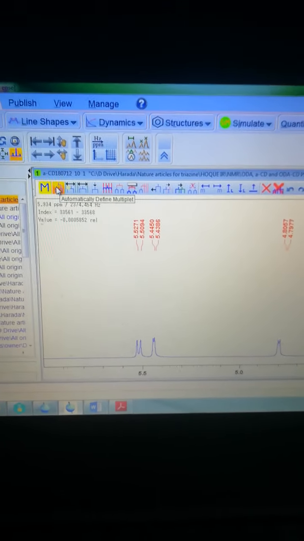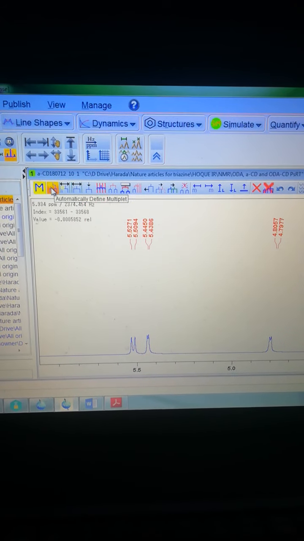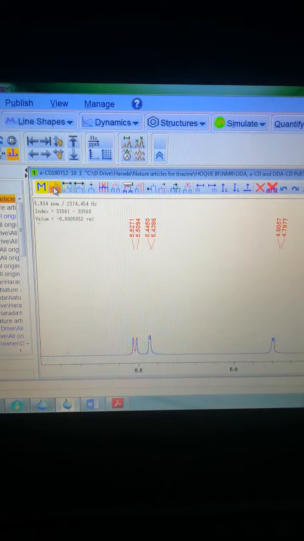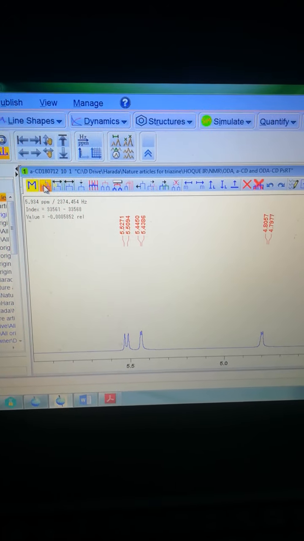First, this option automatically defines multiplets, which means it will automatically create the multiplicity. Just click here and you can see the automatically created multiplicity.